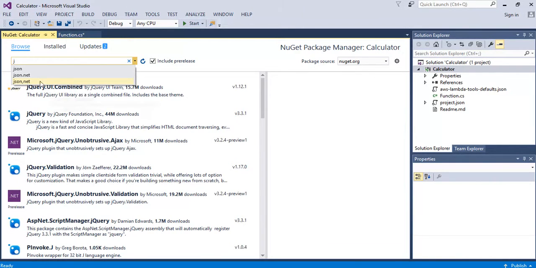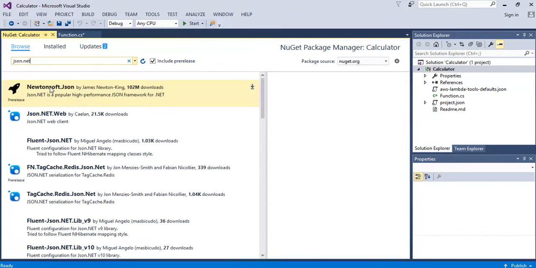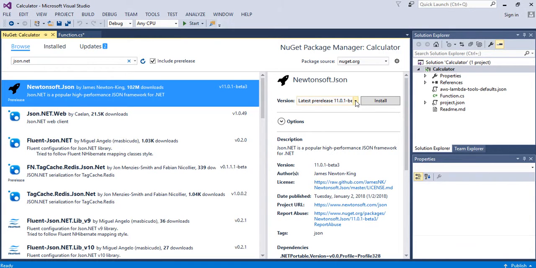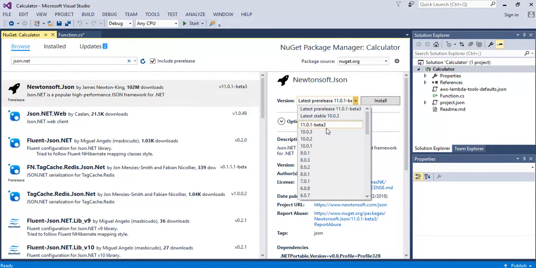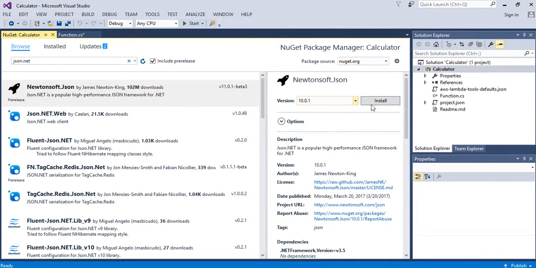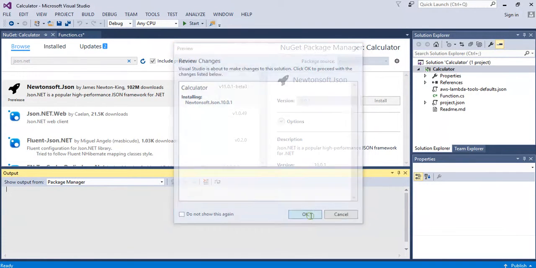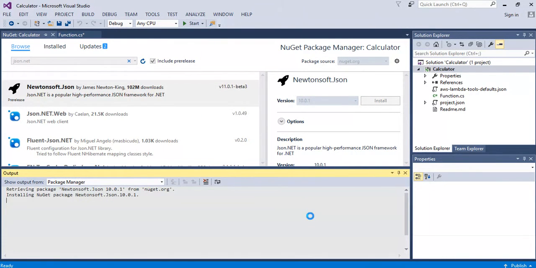This first one we need, we browse for JSON.NET. We need this one from James Newton King here. When you install this one, there are problems with the latest version. So install version 10.0.1 and click OK. That will install,